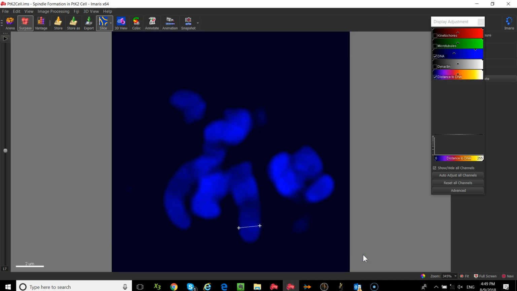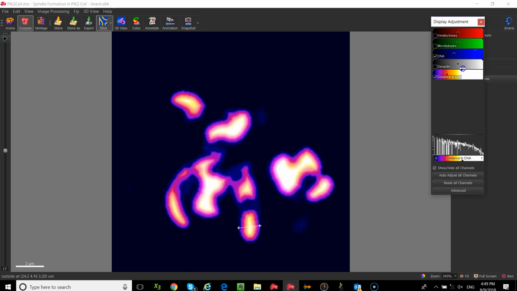So if I click OK, we're hopefully going to see, first of all, that lookup table in your display panel or your display adjustment. And then if I grab the contrast tool for brightness, you're going to see that as I drag that down, you're going to see that inside the DNA, you have a heat map. Has everyone got something that looks kind of like this? Yep, okay. So the heat map is representing distance with color. So what I want you to do is if you put your cursor on any point inside of the nucleus or the chromosomes,